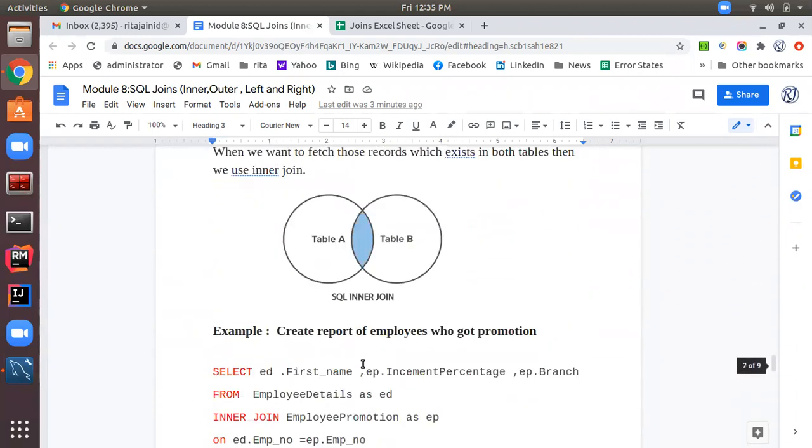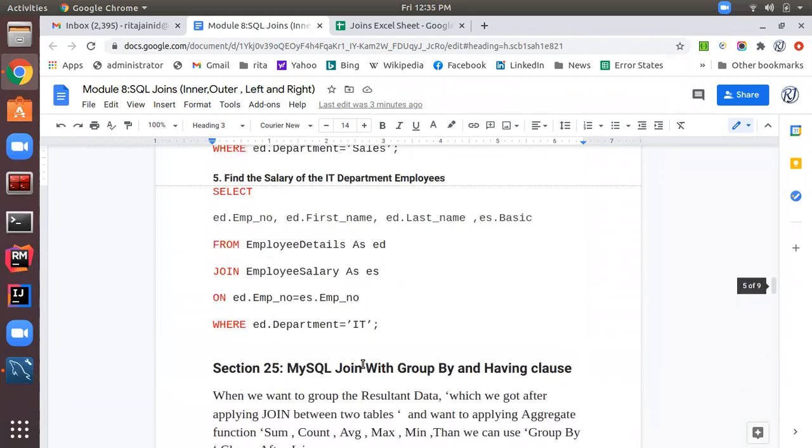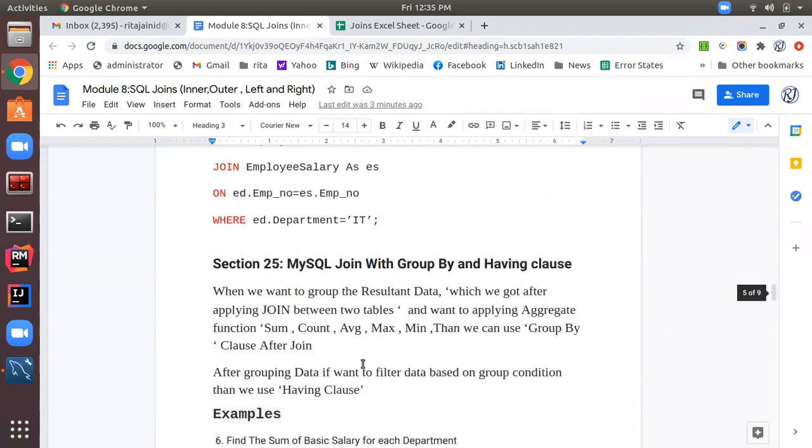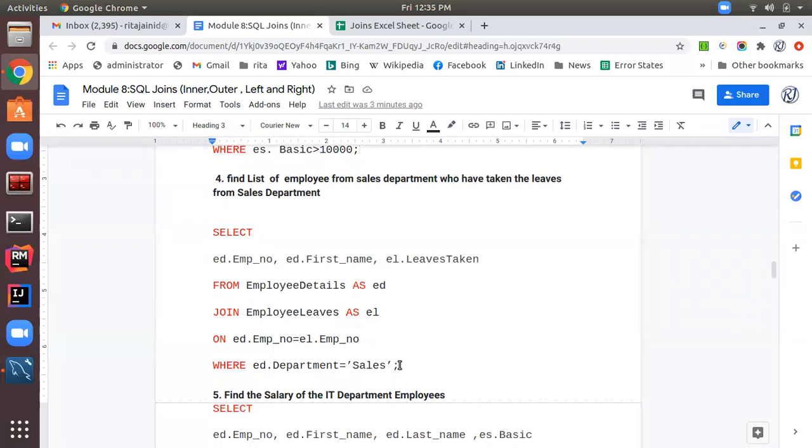Let's go to the bottom, section 24. Okay, so our query will be like this. Select employee number, first name, and leaves taken column found in the employee leaves table, from employee details as ed, join employee leaves as el.